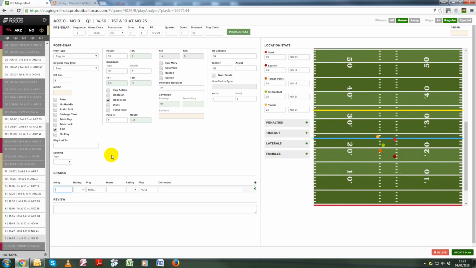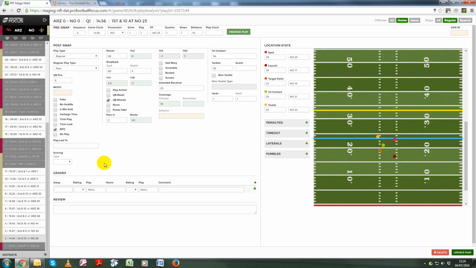Away, road, if that's a clearer description, whatever. So at the top left here, above the list of plays, the away team's always on the left, the home team's always on the right. So always make sure we're on the Saints offense at the moment. The Saints are always on the right. Cardinals are always on the left, regardless of who's got the ball in this game, because the Saints are the